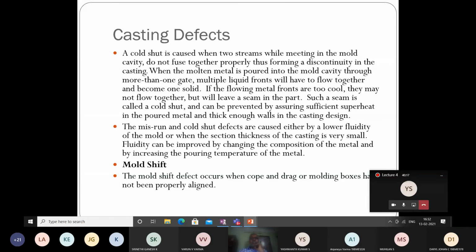So in today's class, we have seen two topics. One is what are the various melting furnaces. The other one, what are the casting defects. So coming Tuesday, I will discuss the various types of casting. That is also very important. Shell molding is there, die casting is there, investment casting. Apart from sand casting, there are some 7 or 8 methods which we have in the syllabus. So within that 1 hour, I'll try to cover all the various types, what are their features, what are their applications and other things.